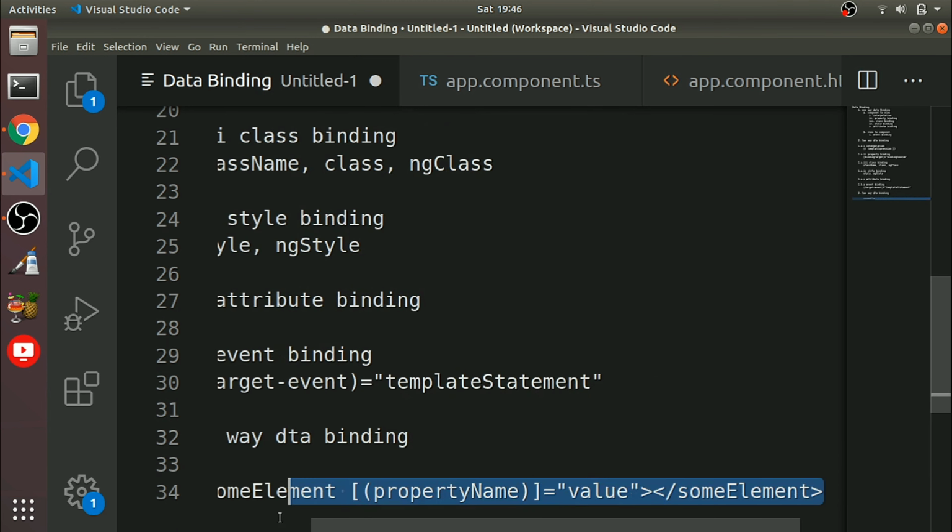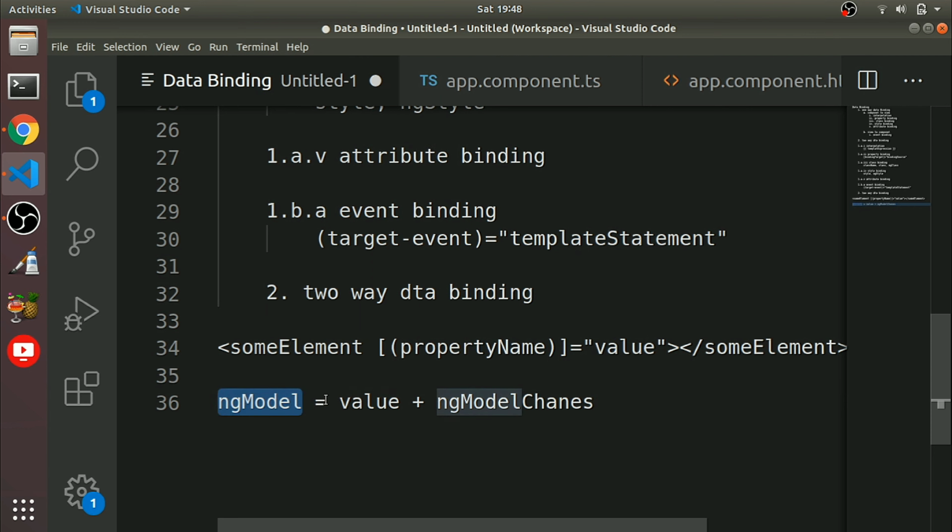So we can say it like this: value plus ngModelChange. So here it will be like this: banana in a box equal to this. So value will be like this.